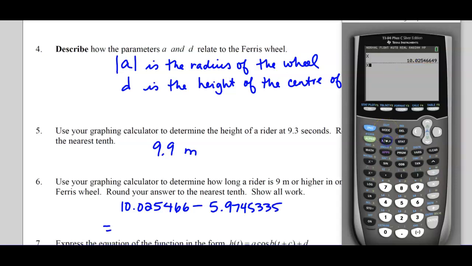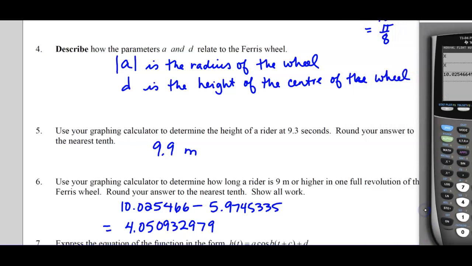I'm going to copy that one out and now subtract those. So determine how long a rider is 9 meters or higher in one full revolution. Round your answer to the nearest tenth. That's going to be 4.1